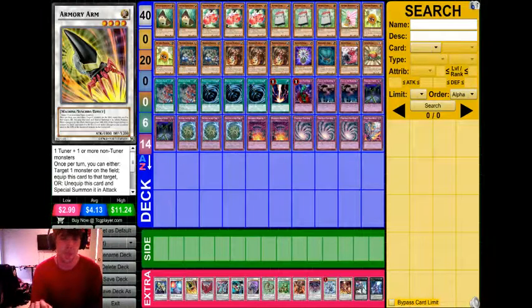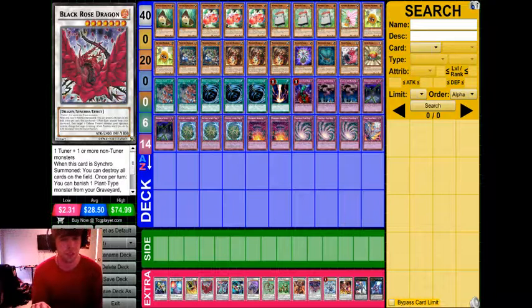Then 1 Armory Arm. This is kind of like I was saying, this deck has a lot of trouble dealing with big beaters. This is where this card comes in. You can piggyback it on your Clearwing Synchro Dragon, make it a lot more difficult for your opponent to get over. And 1 Black Rose, you can actually use the second effect of Black Rose in this deck,